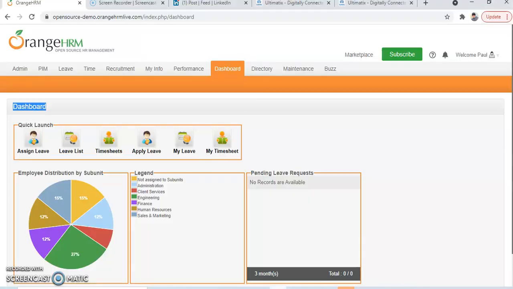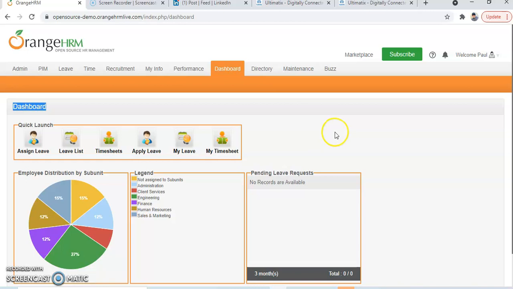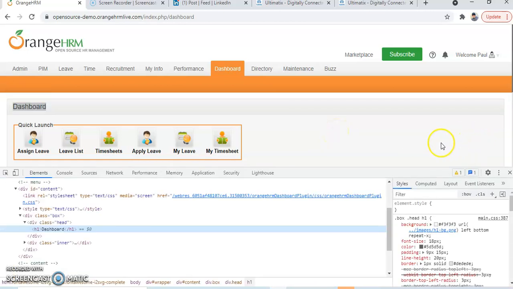So if I go here and I will just inspect this, so we are going to fetch the text value and we are going to compare it with dashboard.